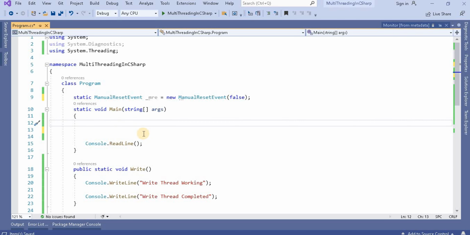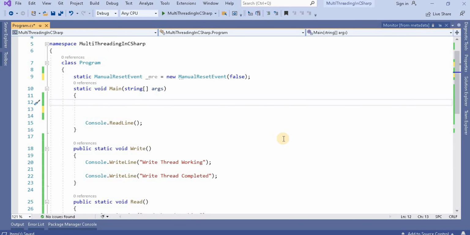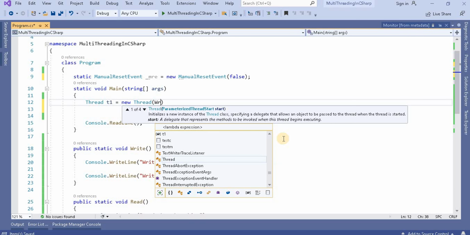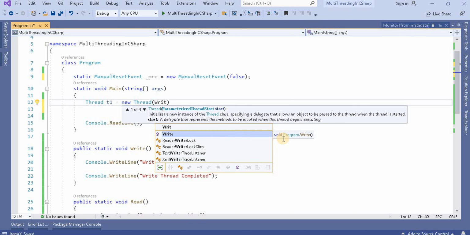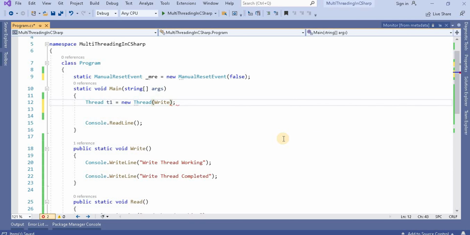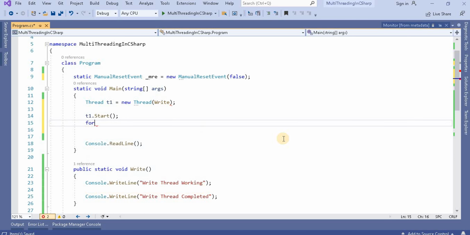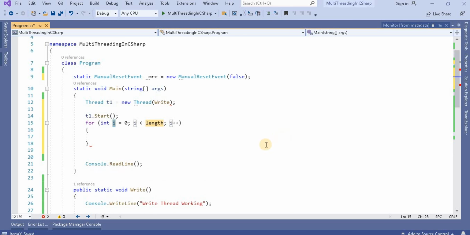Now these two methods we have created, we have to attach them to threads. So Thread t1 equal to new Thread, and inside this I'm going to pass the write method, and then t1.Start. Now I'll take a for loop that should run 5 times.